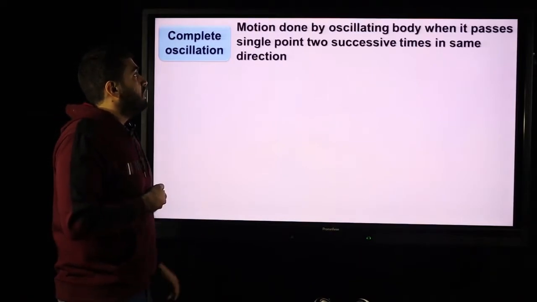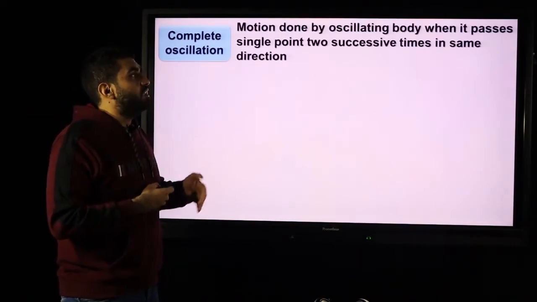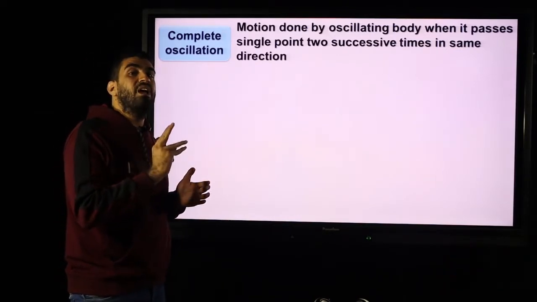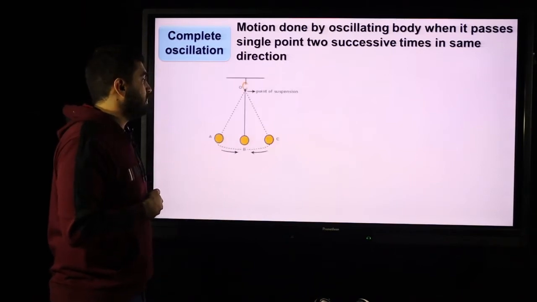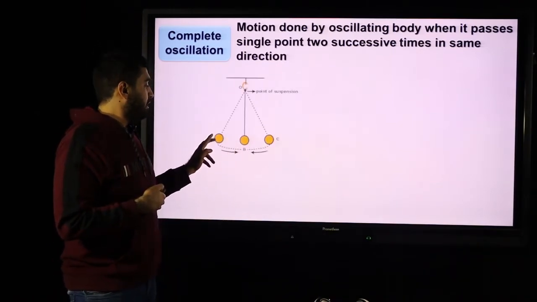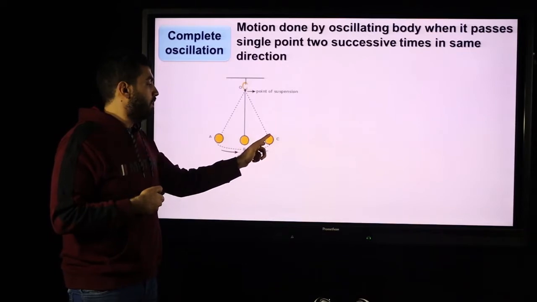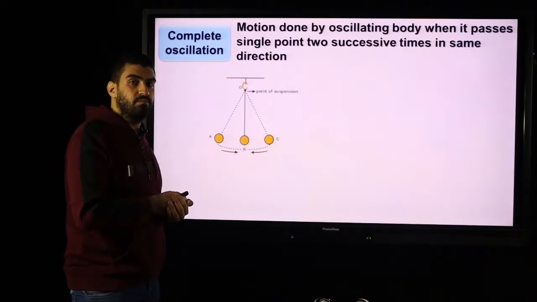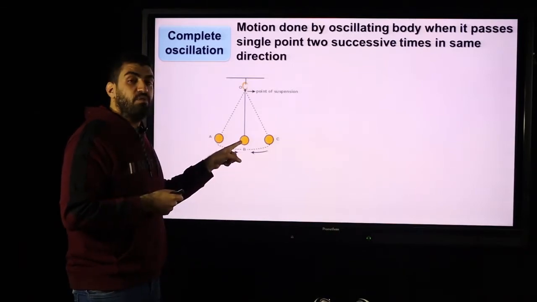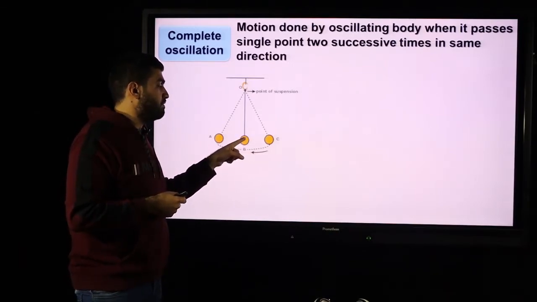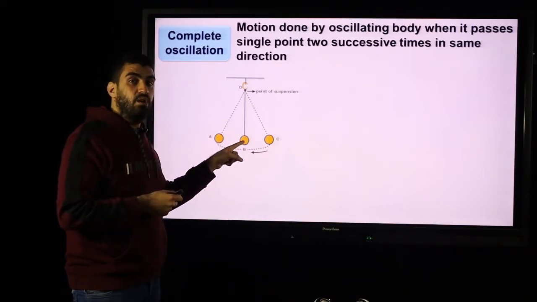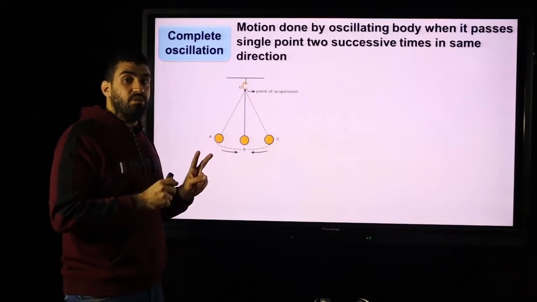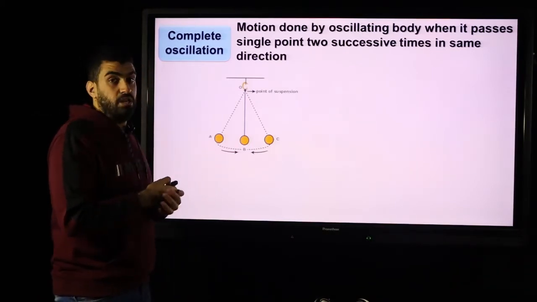Complete oscillation: the motion done by an oscillating body when it passes by a single point 2 successive times in the same direction. For example, I moved from A in this direction and I return back, and then when I start to move again, it's a complete oscillation. Another example, I moved from B, right, then left, then right again. When I reach the same point in the same direction 2 successive times, it's called a complete oscillation,